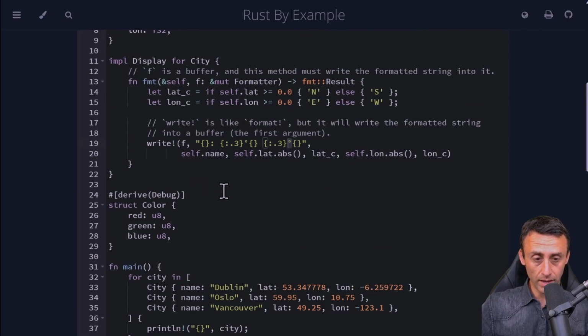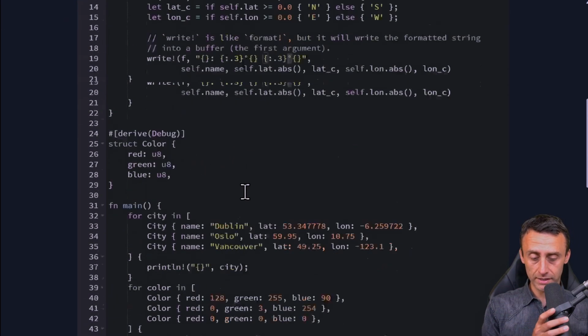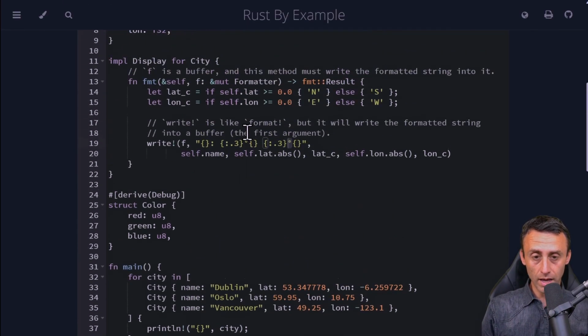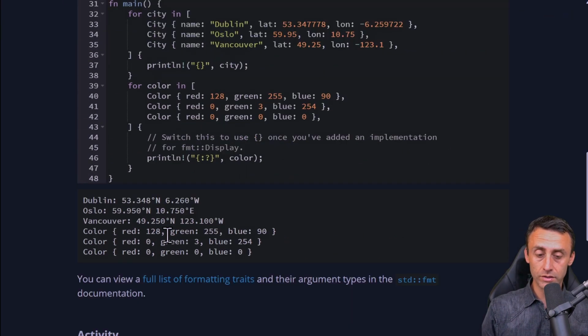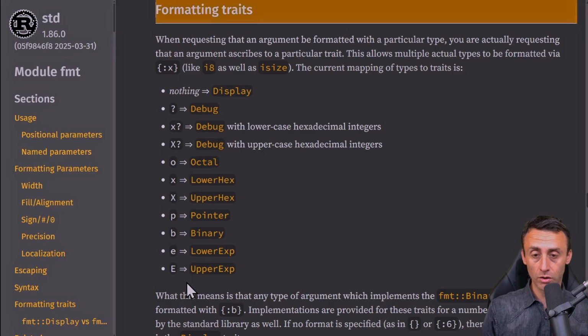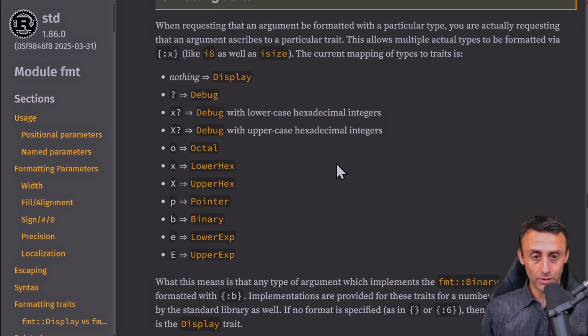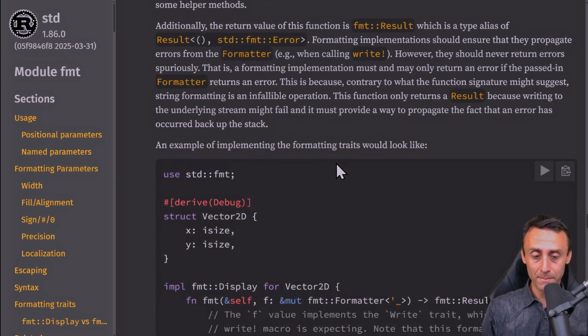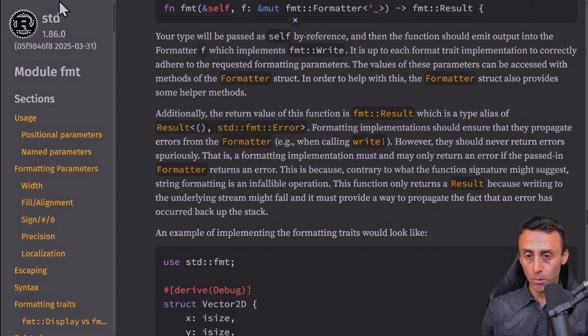See here we have all the logic for how we want to display, for example, these cities. And for color, for example, I want to have red, green and blue with these three values. Okay, we also can view a full list of formatting traits. You can have a lot of fun here once you get into this rabbit hole, but let's go back to